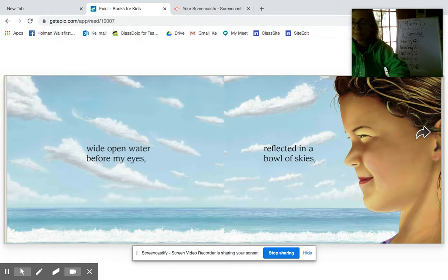What can you notice? What describing words do they say there? Wide and open,